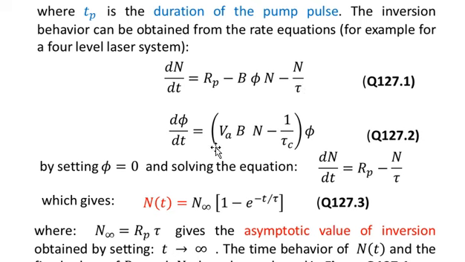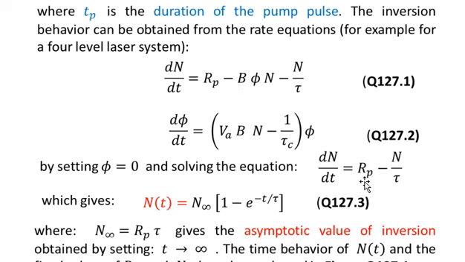And here the rest of the quantities are the same. This phi is actually the number of photons, and this tau c is the lifetime of the photon in the cavity. So tau c is the lifetime of the photon in the cavity. So by setting phi equal to 0 in equation number 1, we get this equation,